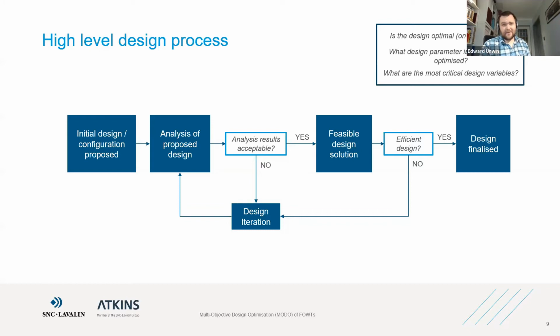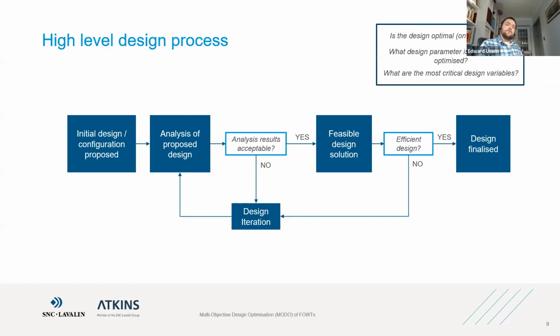We have a look at the results of the analysis, and we decide whether or not they meet our criteria. If they don't, we have another run at it. If they do, we've got a feasible design solution, and we look at the utilization ratios or the safety factors that we've got in our design,